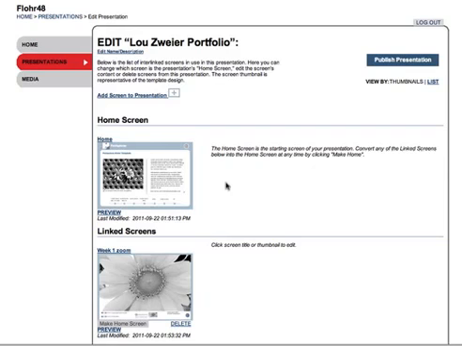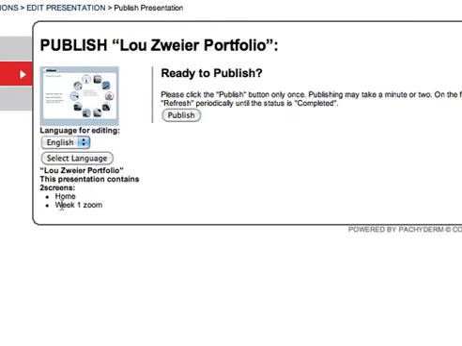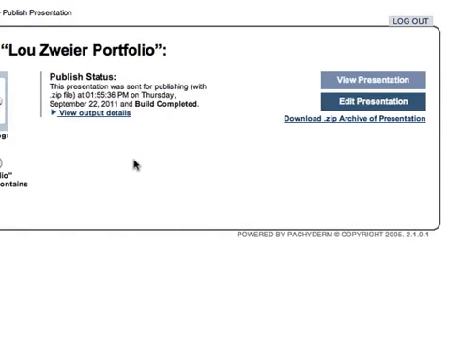Now to publish your presentation, you go up here to this button and you click on it, and that takes you to the publish screen. It gives you a list of the screens that are in your presentation down here, and you click the publish button, and this actually published very rapidly. Usually the more screens you have and the more media you have, the longer it will take to publish your presentation. In the beginning, obviously it goes very quickly because you don't have a lot. Let's view the presentation,